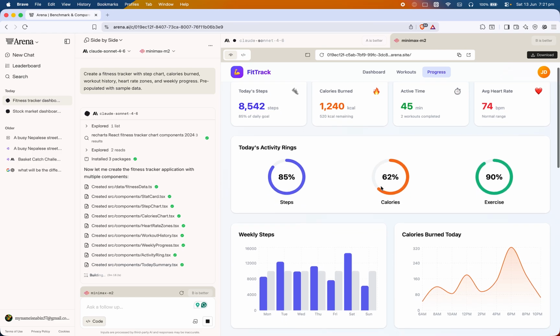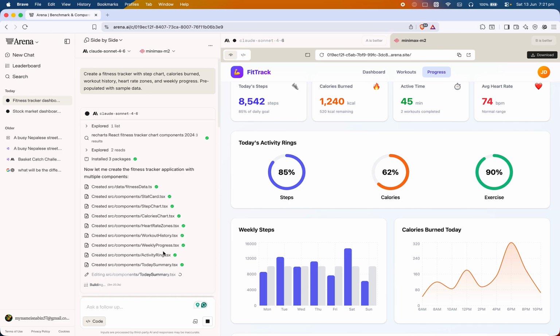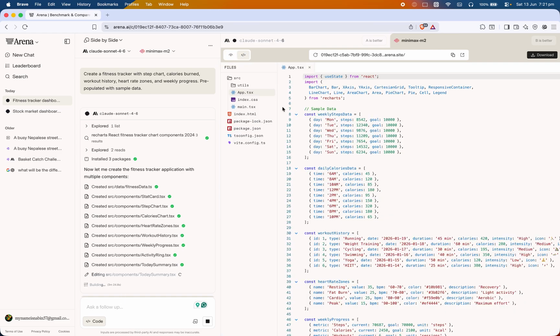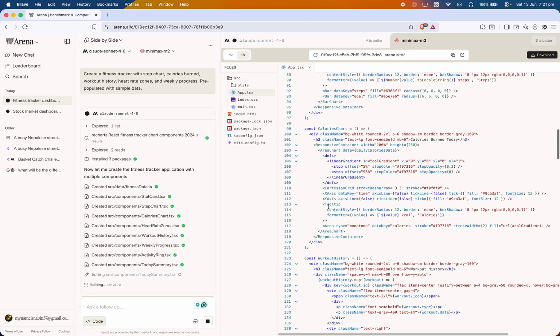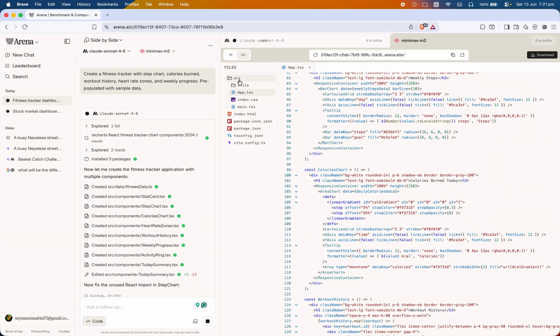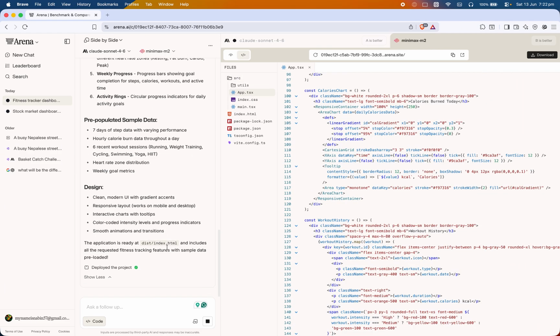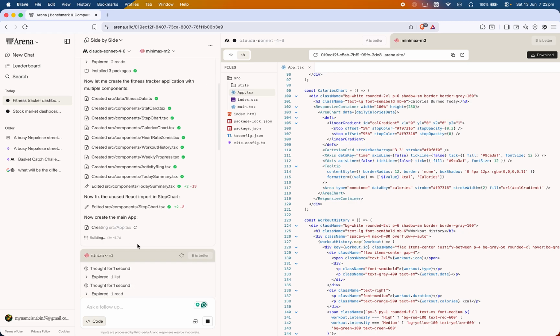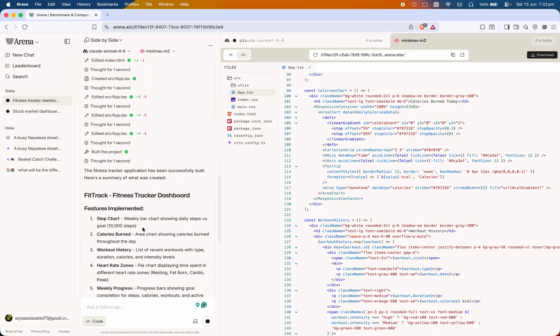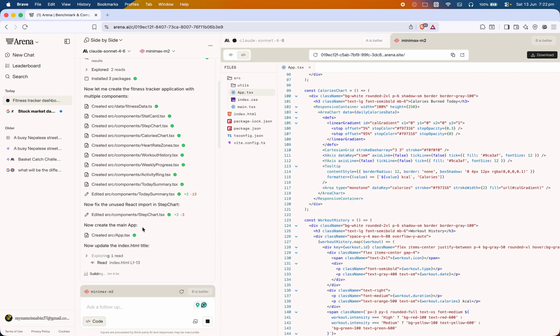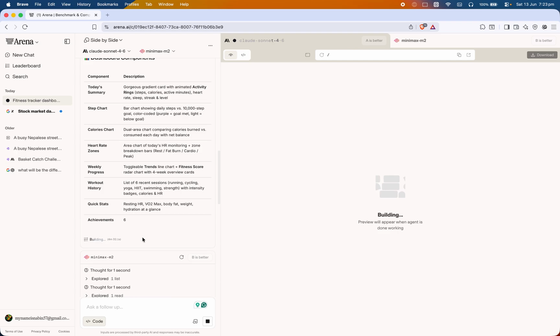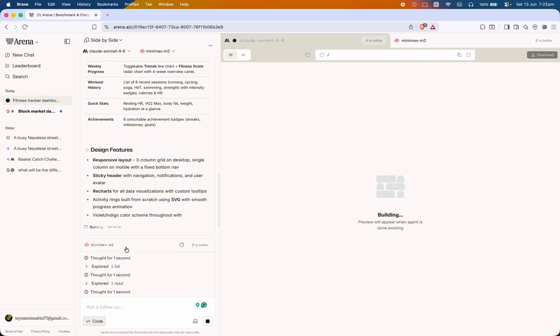If you want to improve anything, you can interact directly from here. If you want to see the code structure, it is also available here. Minimax has already completed it, Claude is still working. Until now it has taken nearly 4 minutes, where Minimax completed the task within 2.5 minutes. In some cases, time is required for the best output. Now Claude has also completed. It completed in 3.5 minutes.